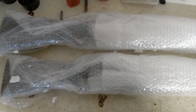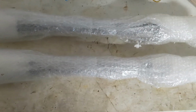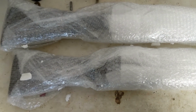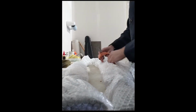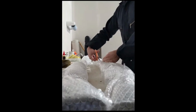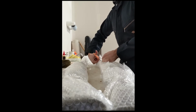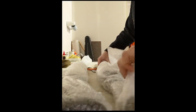So this is how they came wrapped. Very well wrapped, bubble paper, to help prevent any shipping damage. I know in the past, I usually just stuck these in here, but it did really well with the bubble wrapping. Basically cutting the tape off of this really carefully with a good pair of scissors. You don't have to use a box cutter for it. You don't want any scratches in the stock or the